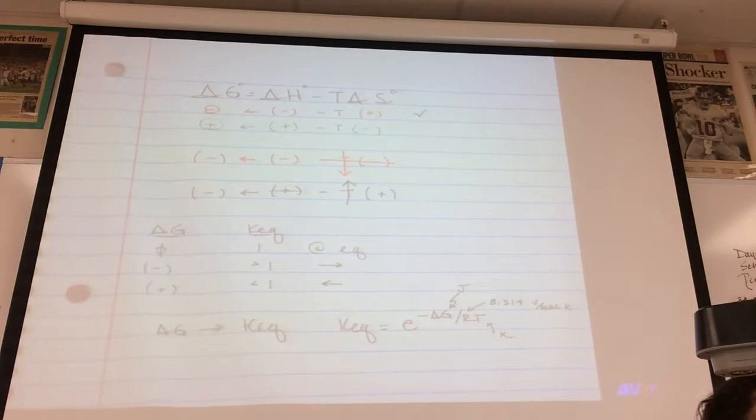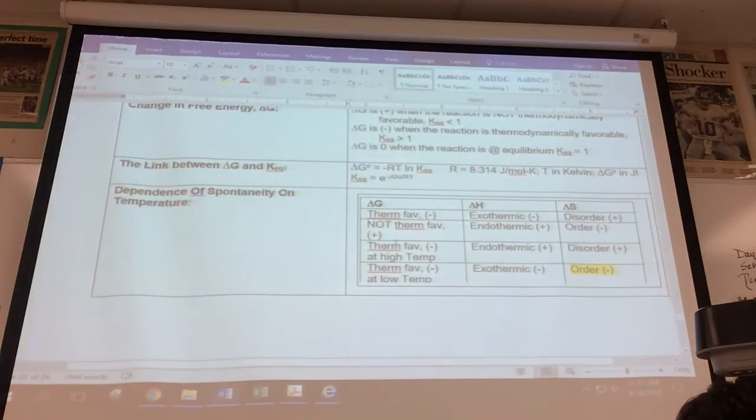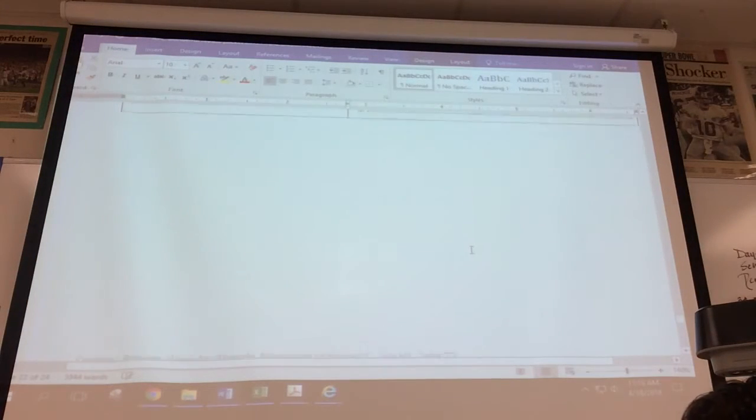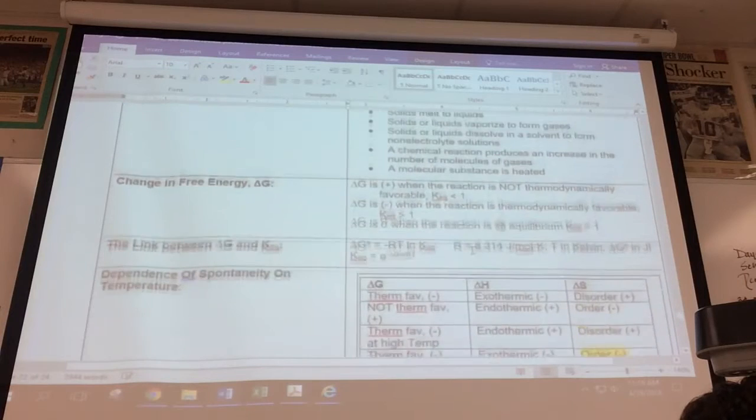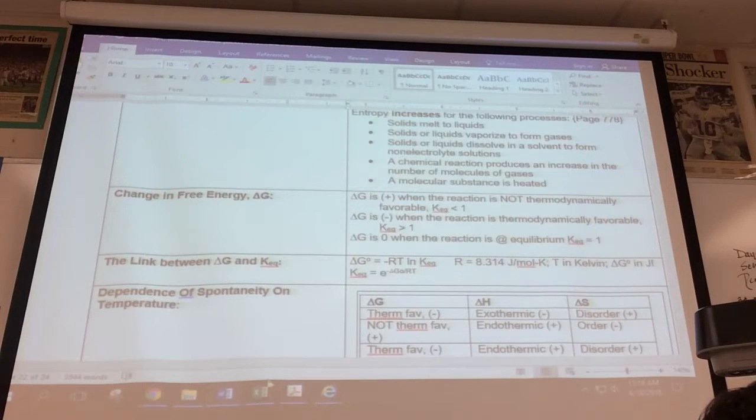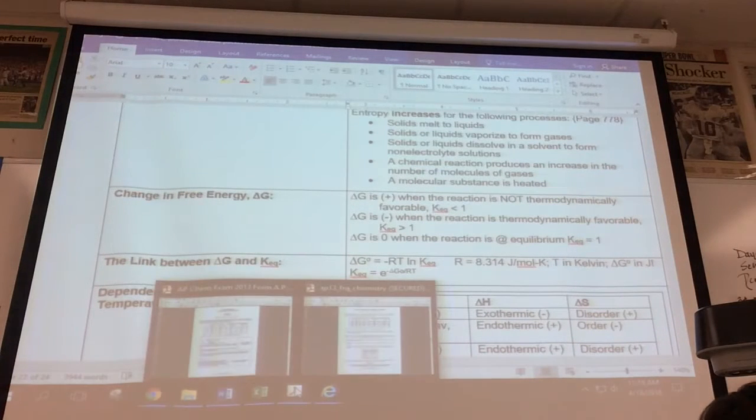Really, the only time you leave temperature in degrees Celsius is when you have a change in temperature, and that's because the change is the same regardless. All right, so those are your thermo terms. And then we hit that box already here, so that's giving you all the variations. And that's your thermo. Now, the question I was looking at